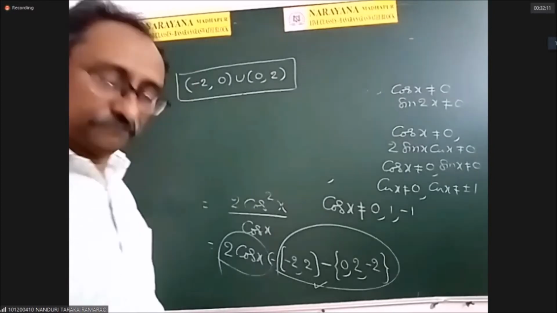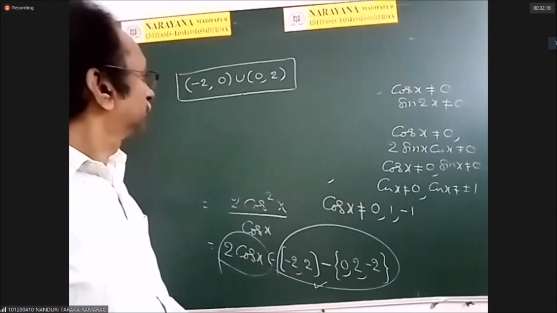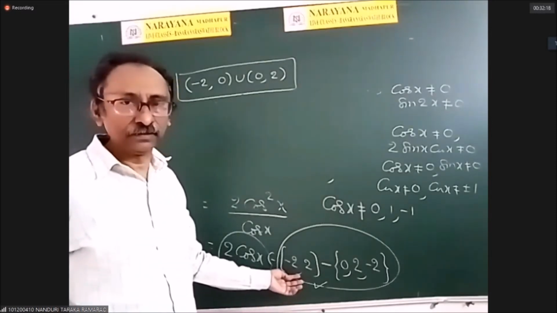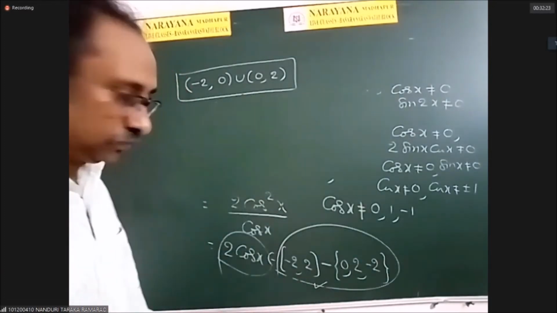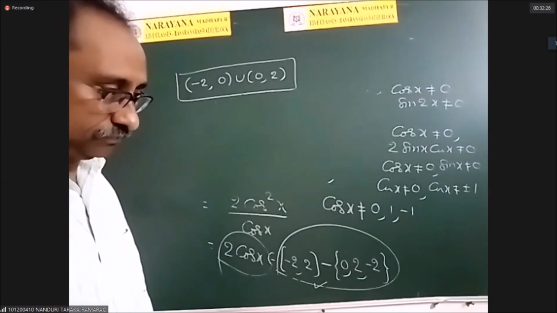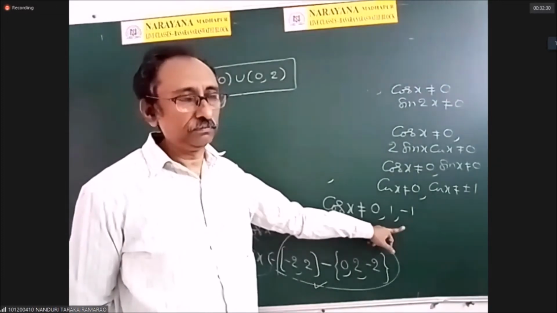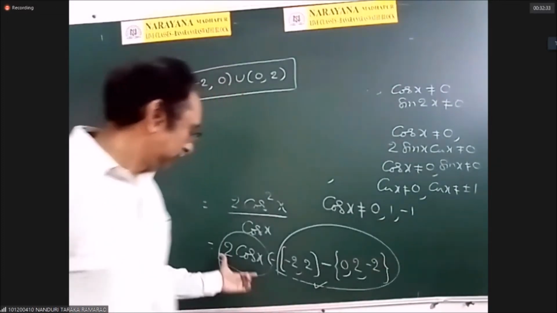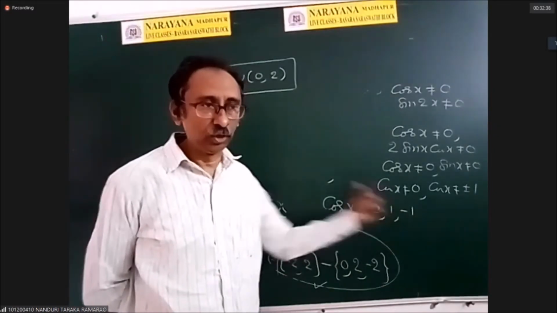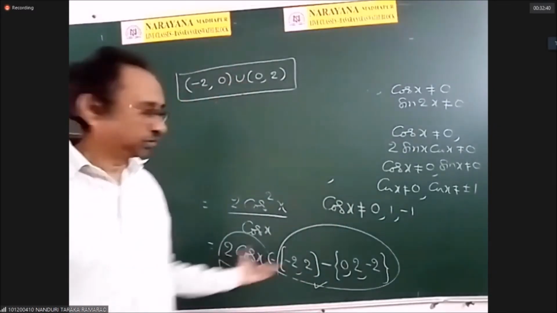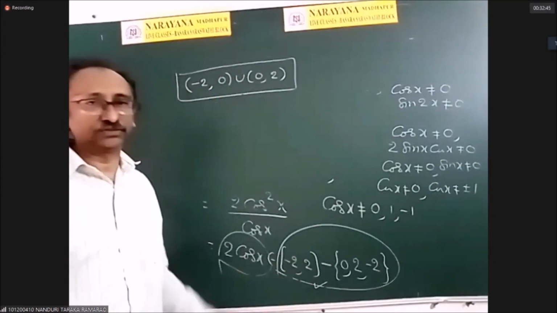Yoganand: Sir, how did you get 0, 2 and -2 removed on the right side? Why did you remove them? Can cos x be equal to 0? No. Therefore, this cannot be equal to 0. Can cos x be equal to 1? No. Therefore, this cannot be equal to 2. Can cos x be equal to -1? No. Therefore, it cannot be equal to -2. Okay, sir.